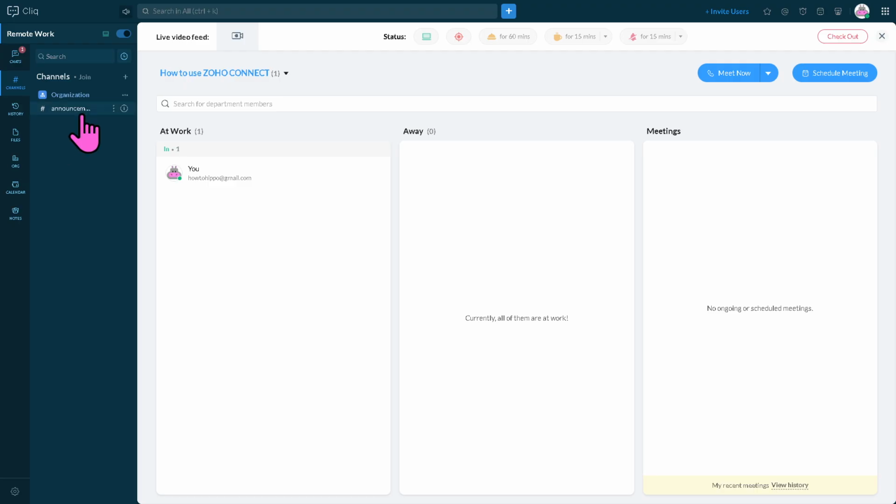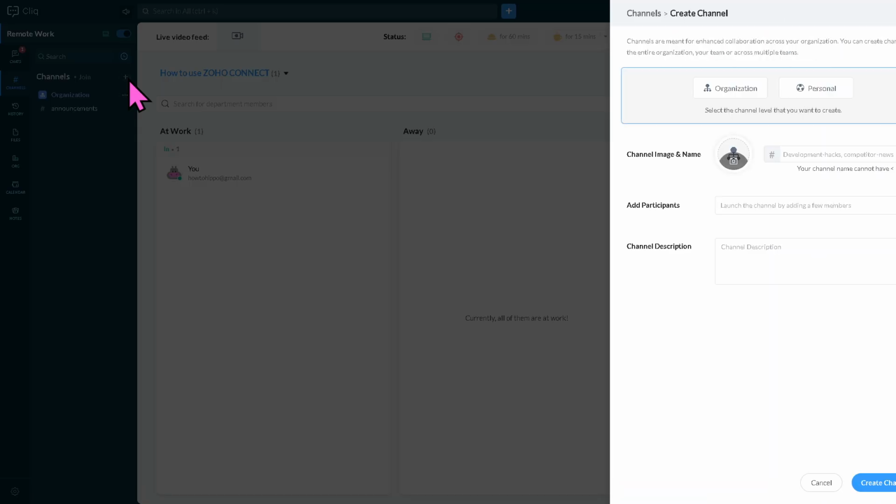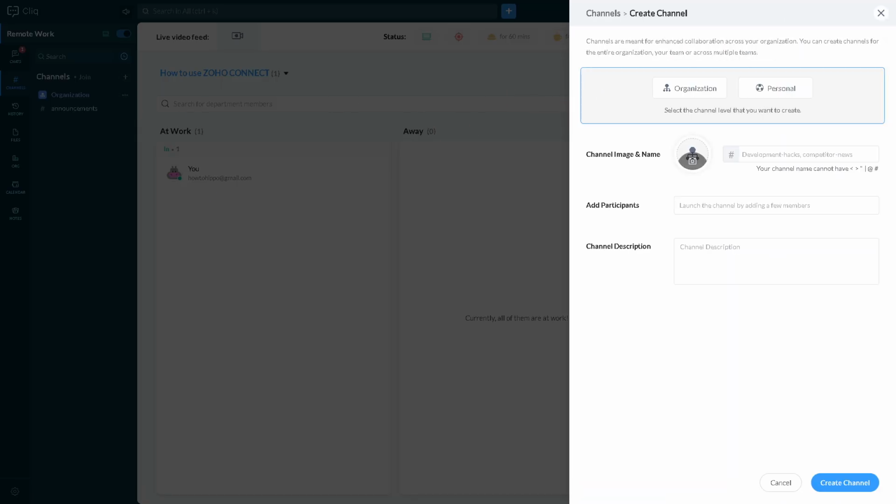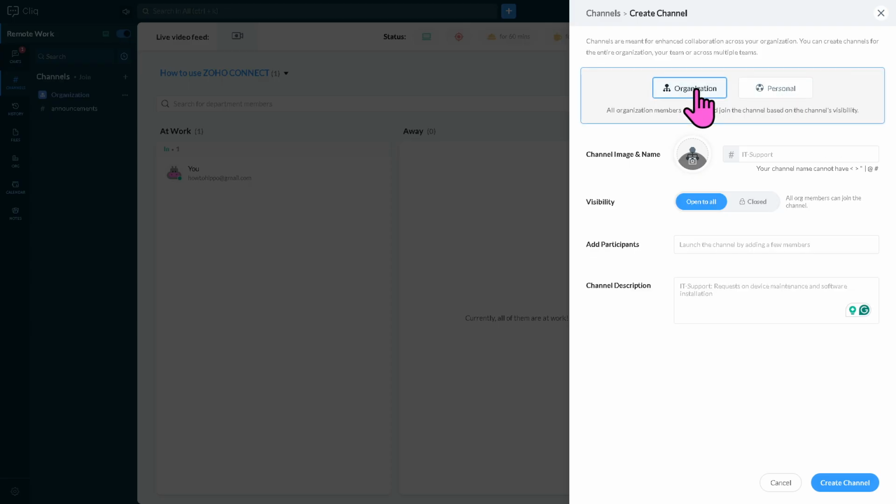This is going to be the core section of Zoho because the channels are topic-based discussion spaces for team collaboration. Now, there's going to be a plus button here if you want to create a new channel from scratch. All right, so it's up to you. For example, you can choose from an organization or personal channel. I'm going to click organization, and of course, you can change the channel image and name. I'm going to do that right now. I'm going to click that icon, and then the channel is going to be